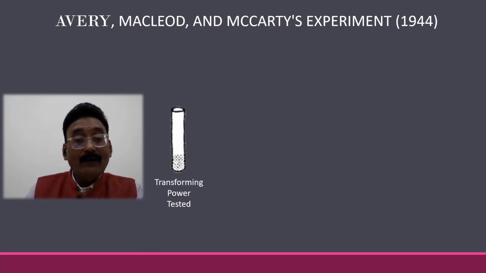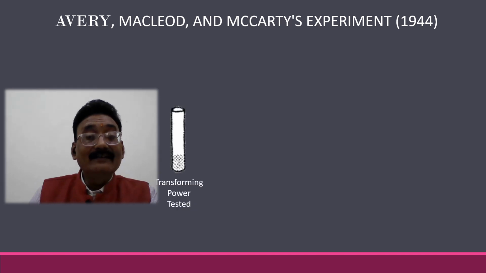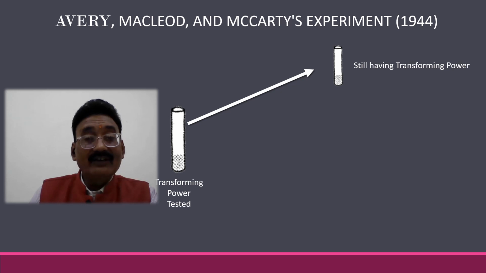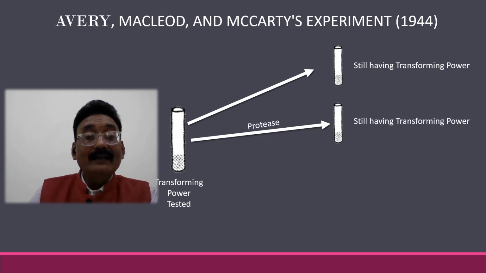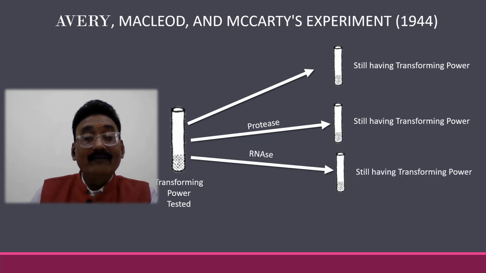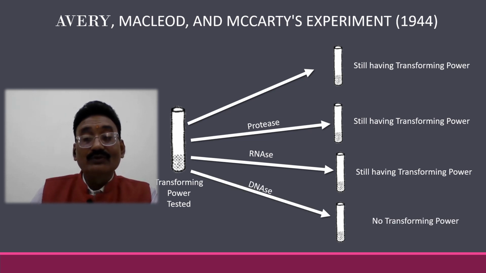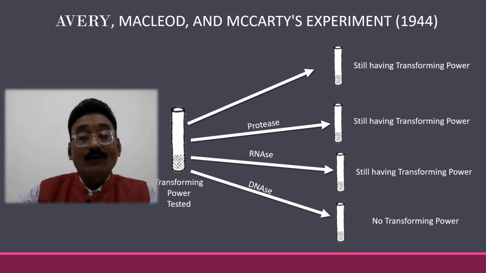Now the transforming power of all the material which was just transformed was tested. When they used protease, they still had transforming power. When they used RNase, they still had transforming power. But when DNase was used, there was no transforming power, which suggests that when protein was disabled,